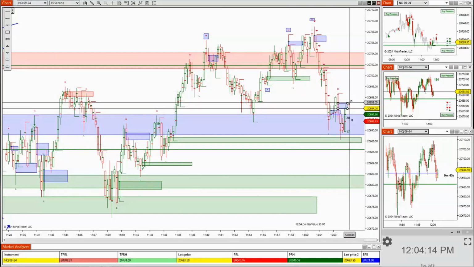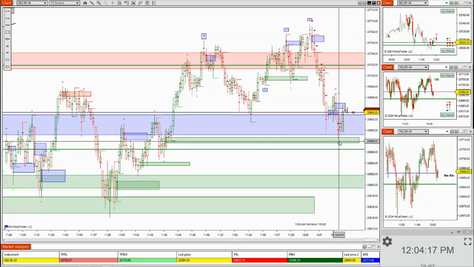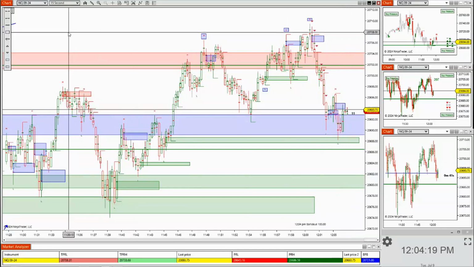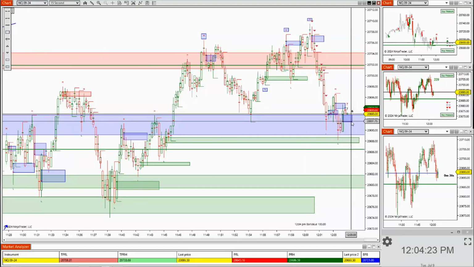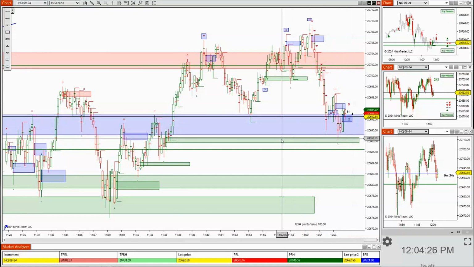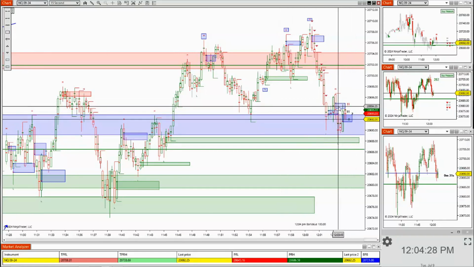Hopefully, I know they're at the center of the chart, and that's what's going to make it a problem. But they hit this threshold here. Here's another L. Let's go with this. Let's kind of mark this out and see how this plays out. They're kind of on top of one another at this point. That's another L.